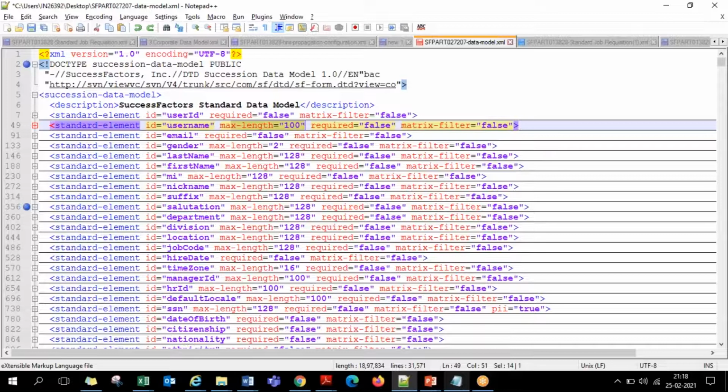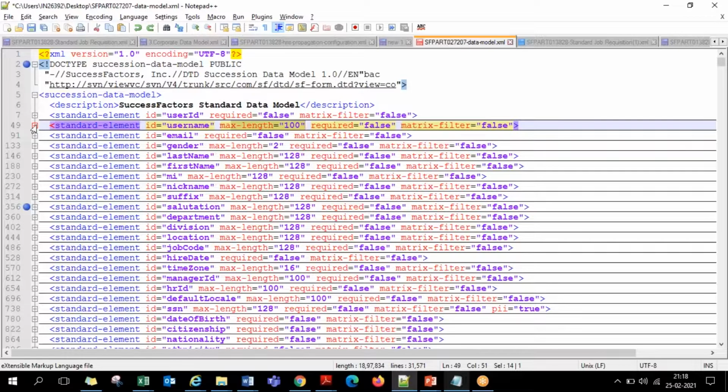For people from an SAP HCM background, in SAP HCM we normally have very rigid space: 20 characters for first name, 20 characters for last name, 20 characters for middle name, very limited space, where there will be instances in which we are required to modify the screen field lengths. But in SuccessFactors, all the fields are excessively well spaced: 100 characters, 128 characters, 256 characters. So we'll never get a requirement of making any field length changes.